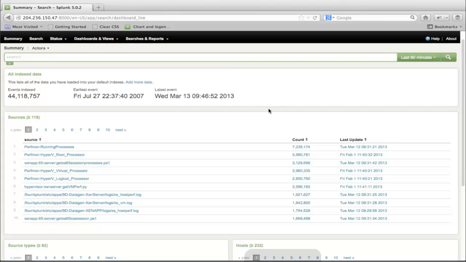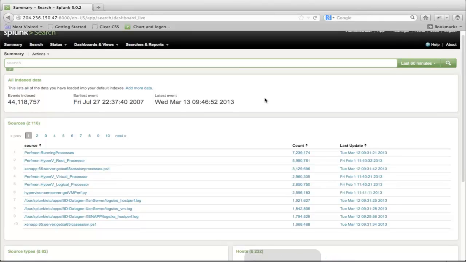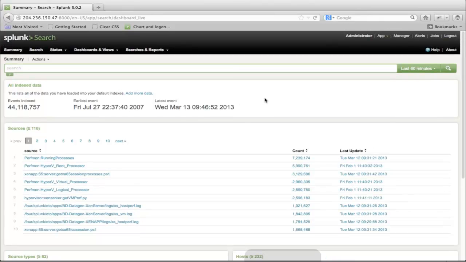Okay, well, let's see it. So this is what Splunk looks like when you first install it out of the box. If you think about what Google does for web pages out there, Google is a platform that indexes web pages or just web content, so PDFs, Word documents, web pages, all this kind of stuff. So when you as a user need to find something, you have a search bar and you start typing that in. That's kind of the same concept with Splunk.